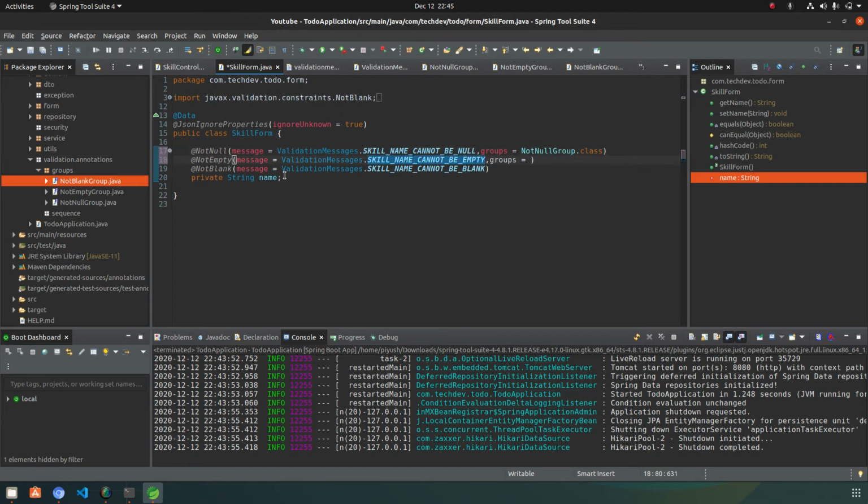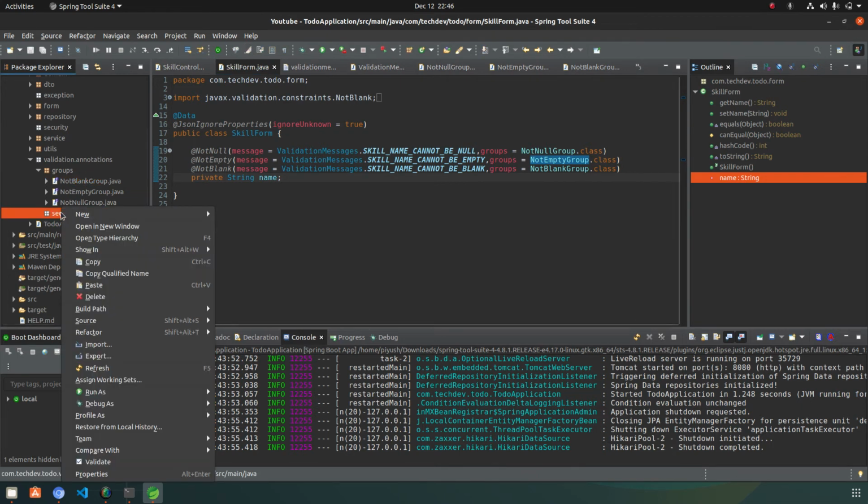Let's do this for the others. For not empty, the NotEmptyGroup will be required, and for not blank, the NotBlankGroup.class. So we have provided the grouping: the not null constraint will follow the not null group, the not empty will follow the not empty group, and the not blank constraint will follow the not blank group. After that you need to create a sequence.